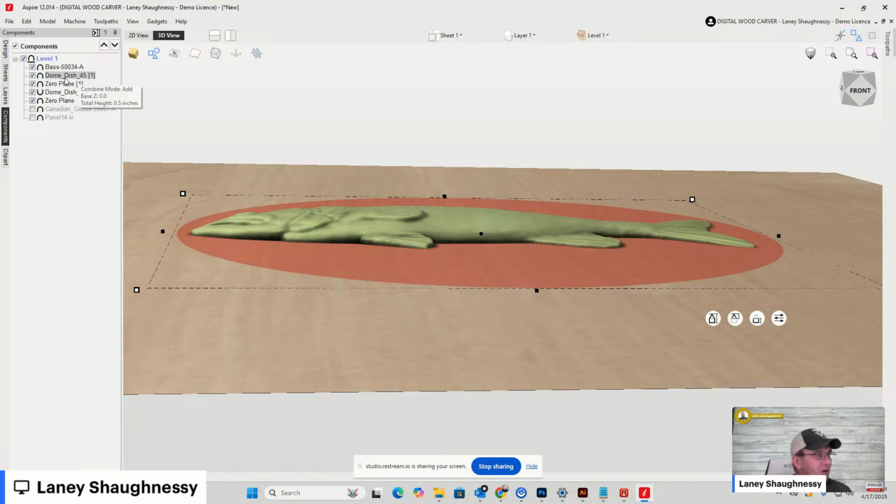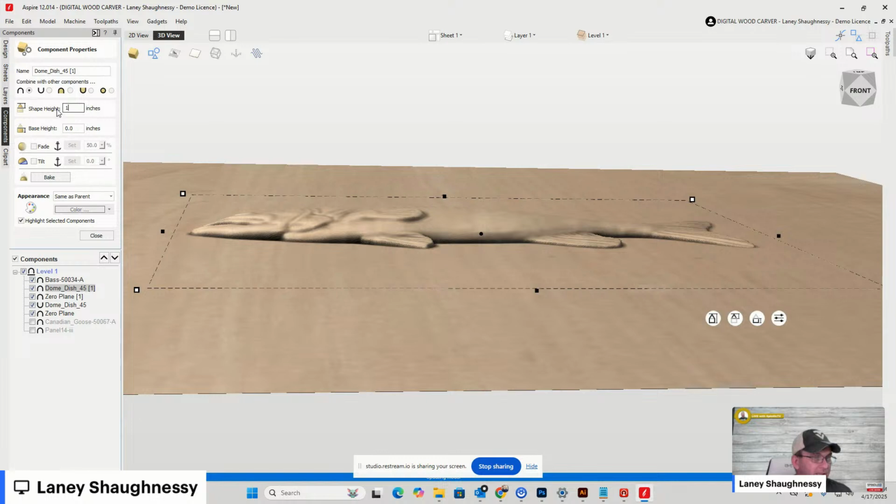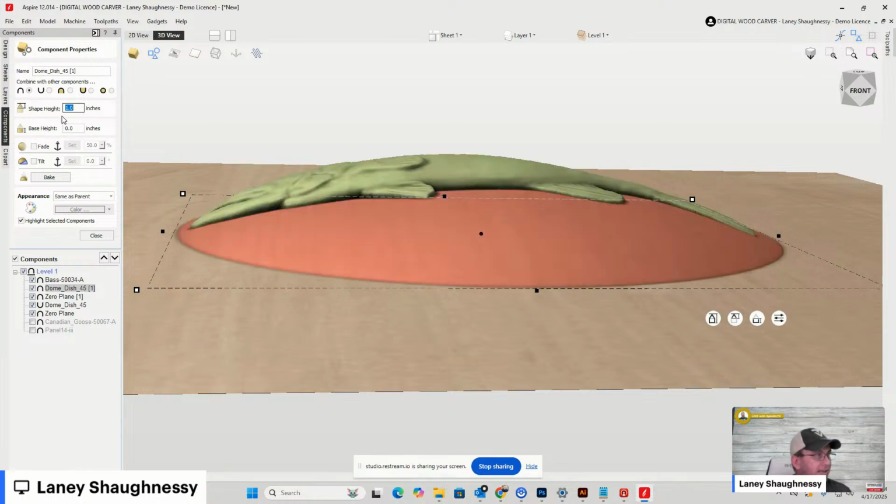And on that dome, I'm going to go into the properties and I'm going to change the size of the dome to 1. Don't think of it in terms of inches at this point, or 1 inch, half inch, 1. So I'm going to set the size to 1, the shape height to 1. Okay. Right. Now,